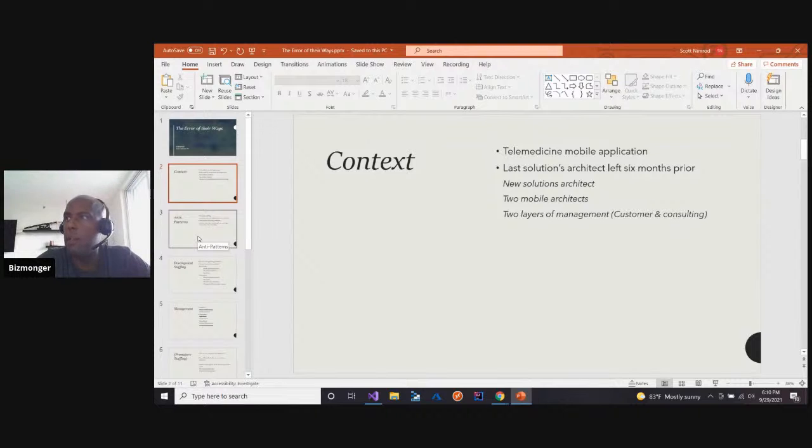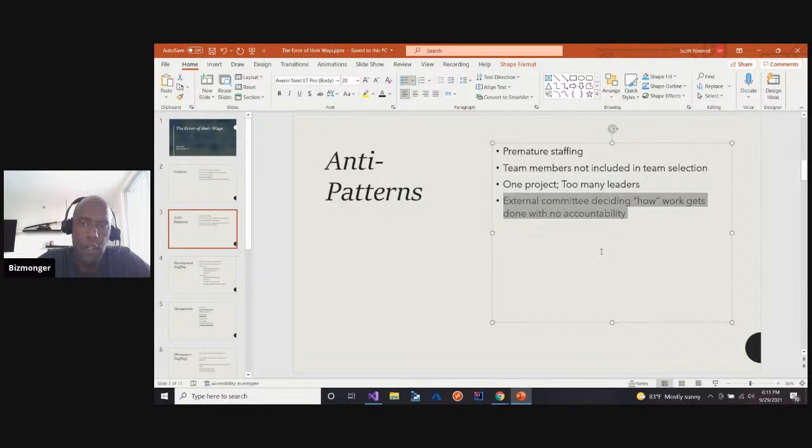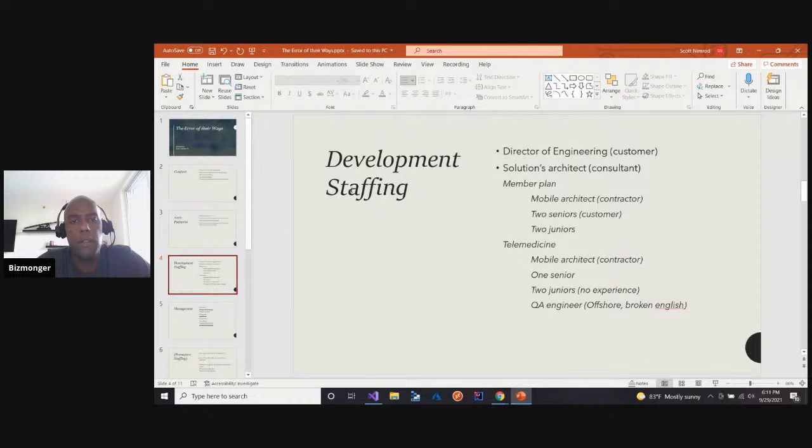So where am I at? Two layers of management. The premature staffing, team members not included in team selection, one project, too many architects. I don't know if I should say one project, too many architects, or one project, too many leaders. External committee deciding how work gets done with no accountability. Yeah, I think this is fine. I don't know how to consolidate this anymore. And then development staffing, director of engineering, solutions architects, and then